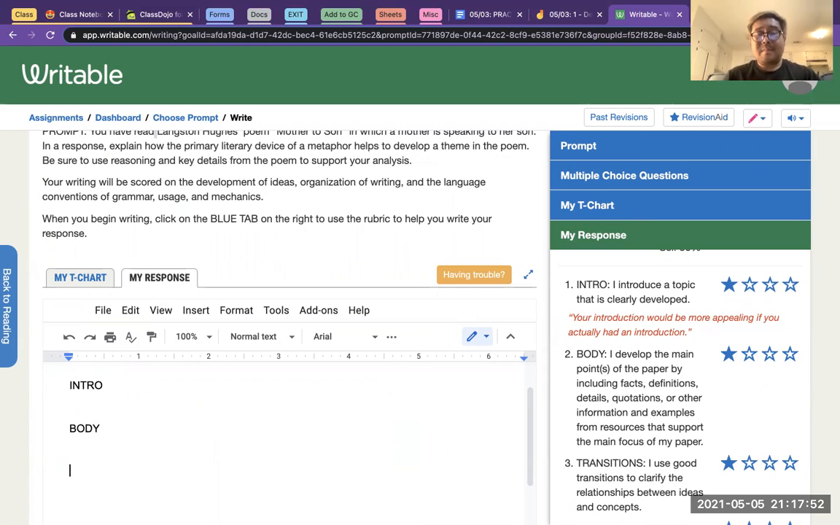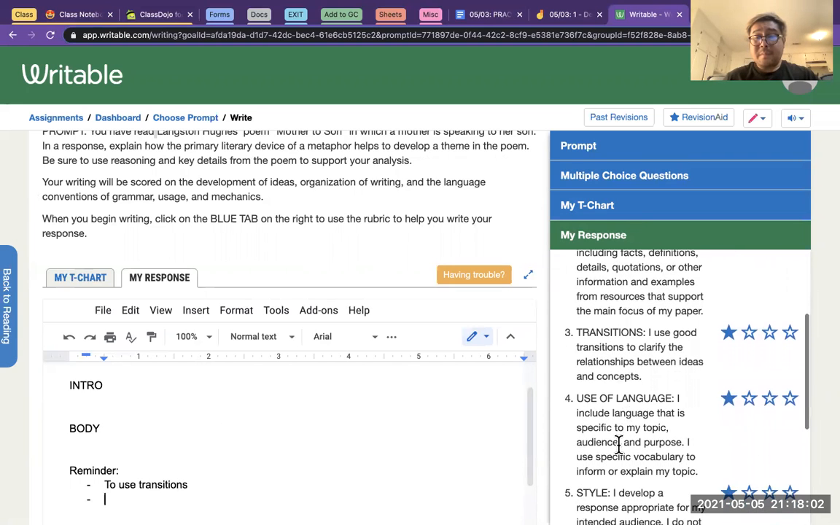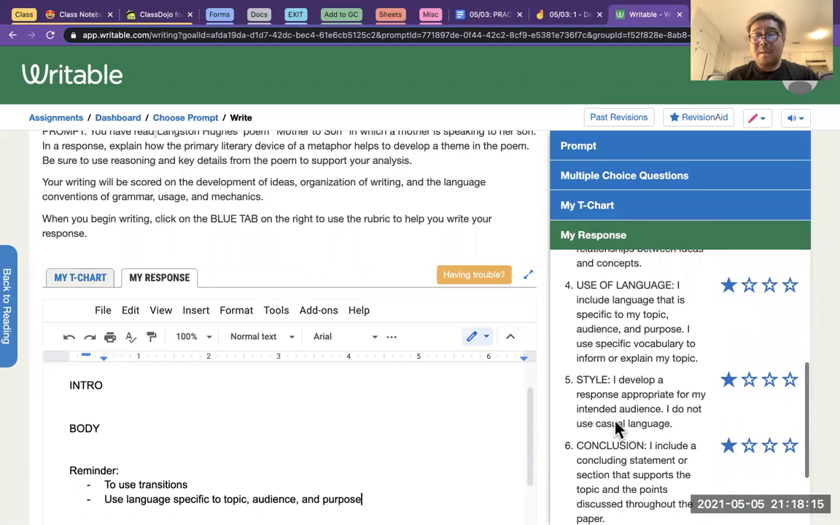Here's my body. A reminder to use transitions and use language specific to topic, audience, and purpose. Number 5, style, develop response